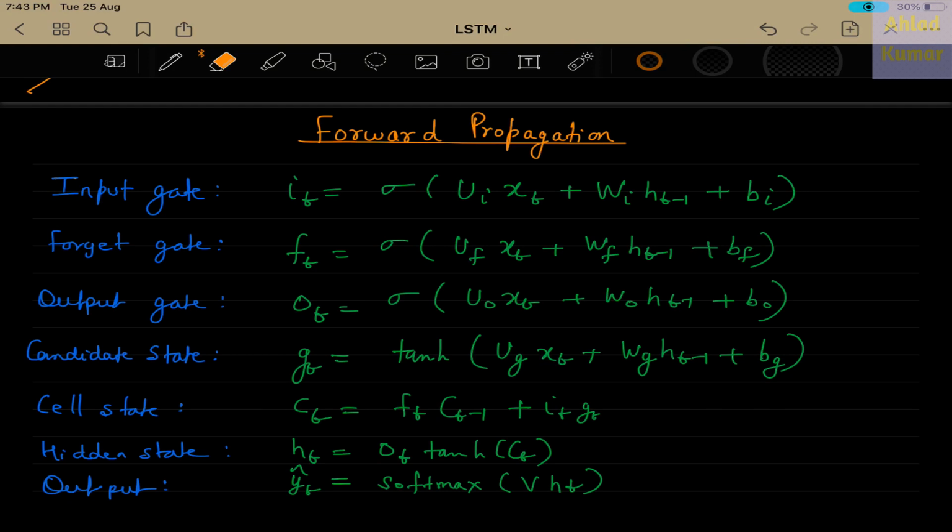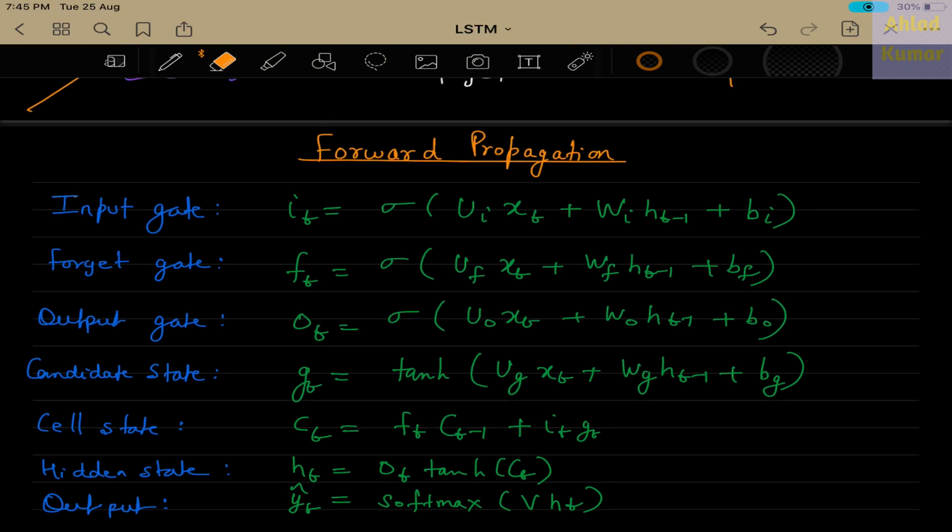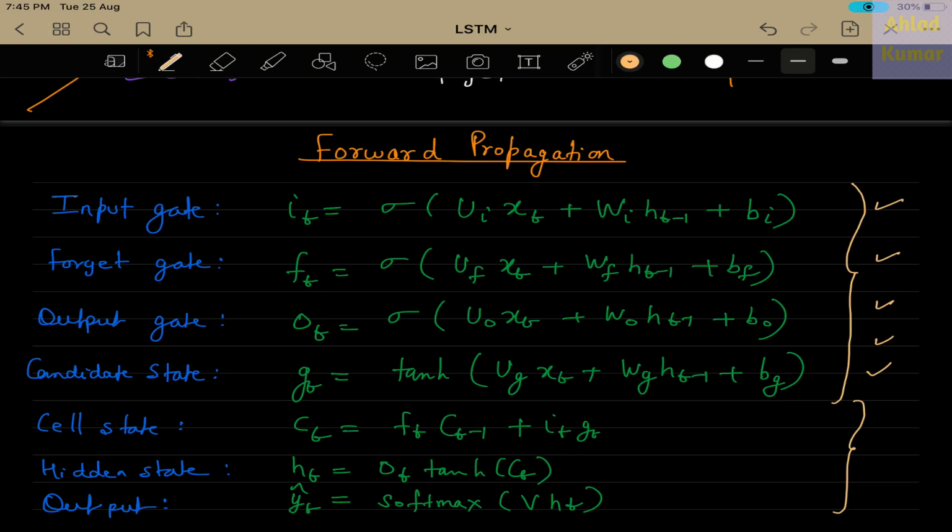Hello everyone. Today in this lecture we will discuss forward propagation as well as the back propagation in LSTM architecture. In our last lecture, we discussed all these equations which are given over here in detail. You can see my earlier lecture to understand what exactly these equations are all about and how we have derived them. It's not that all these equations are appearing randomly, but there is a reason associated with each of these equations, and all these equations then combine together to form the LSTM architecture.